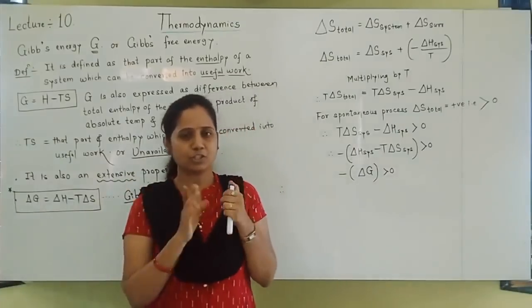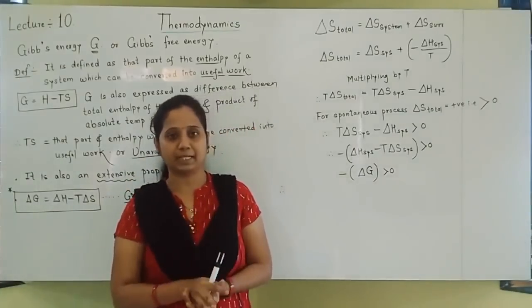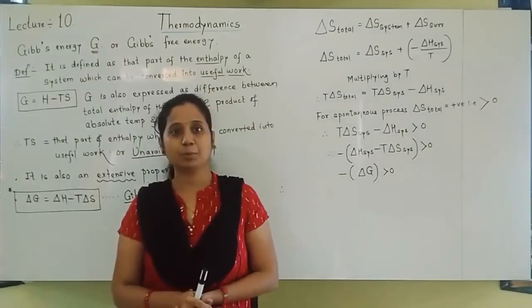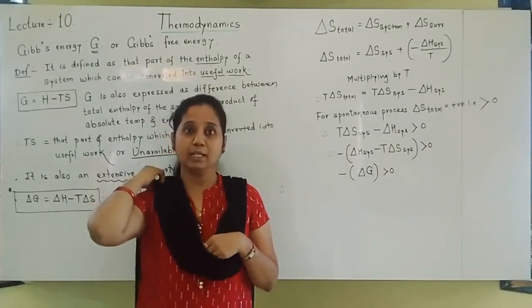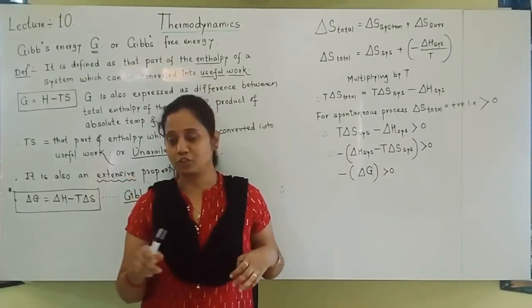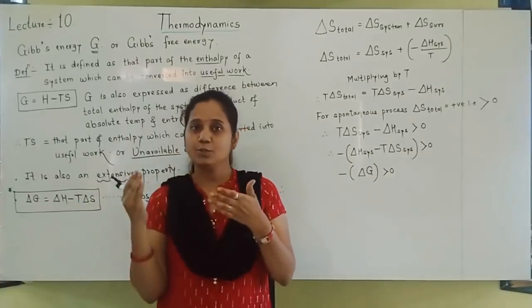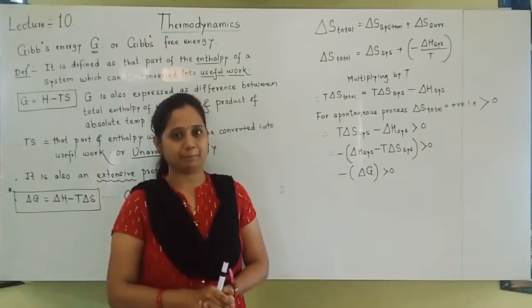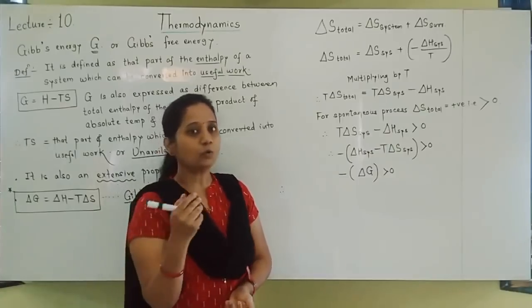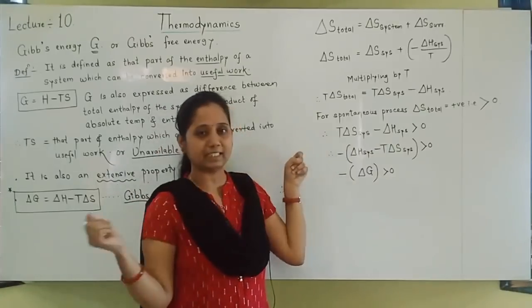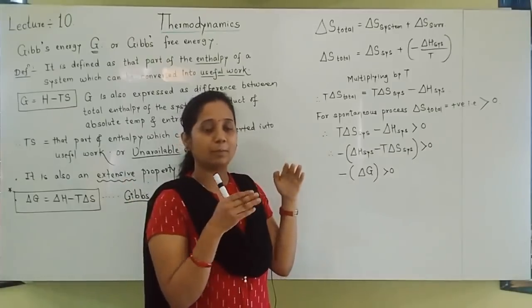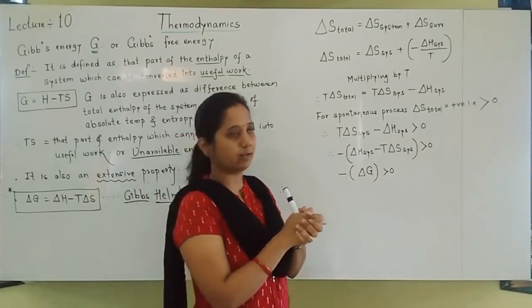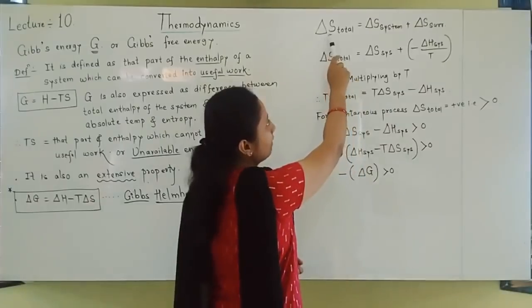Now we have to just relate Gibbs energy with spontaneity. We have seen that delta H should be positive for spontaneous processes. Now what should be the Gibbs free energy change for spontaneity? So let us relate delta G with spontaneity. Okay. How to relate? We will go towards delta G by using the things we already know. See students, what I have written.